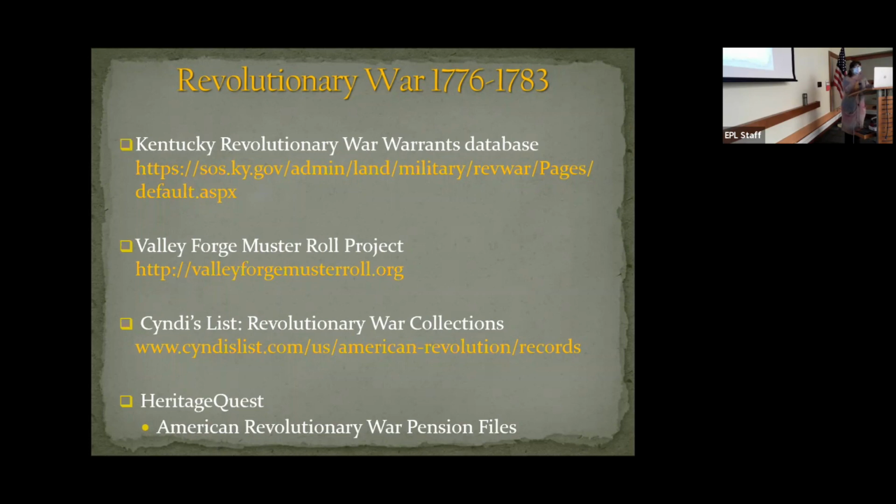HeritageQuest, which most of our libraries have access to remotely from home, has the American Revolutionary War pension files. One thing to keep in mind about this particular collection is it's digitized in black and white. So that old-fashioned, really narrow script is hard to read because there's not enough contrast to them. And they only digitized the pages that were pertinent to the war, not the entire application. So my Jeremiah Austin, it's 9 pages, tells me the unit he was in,